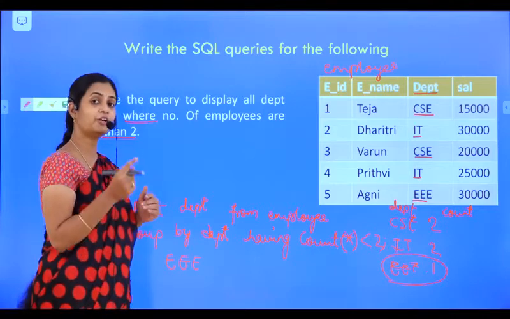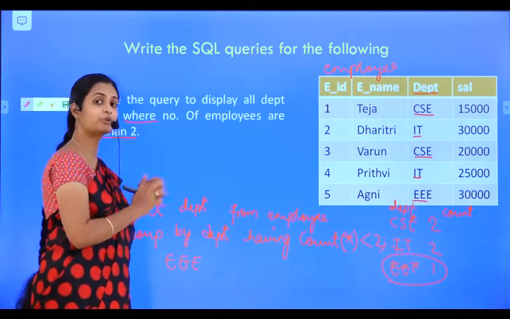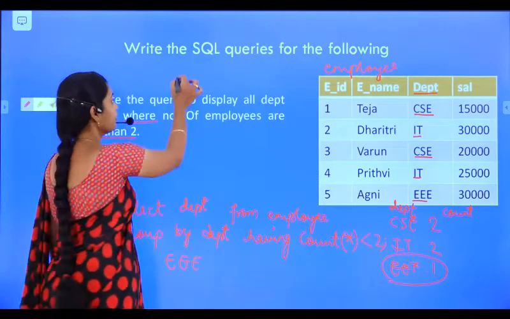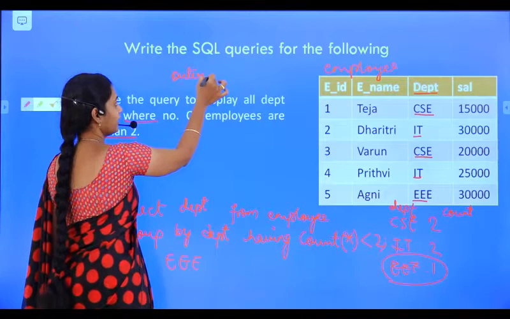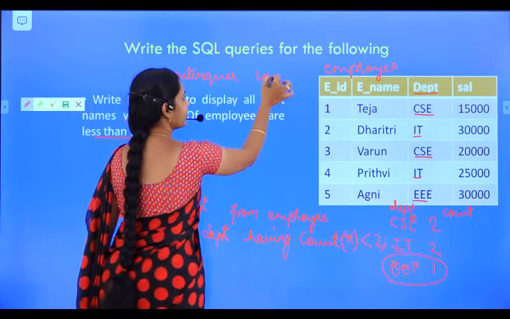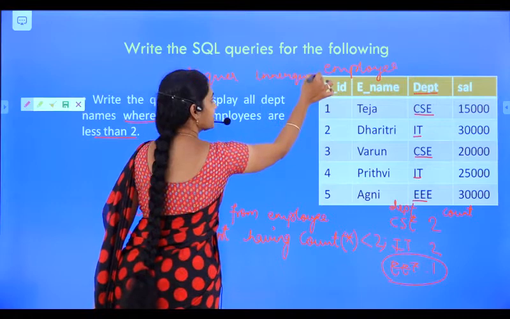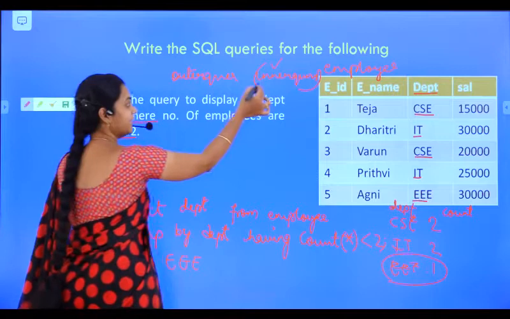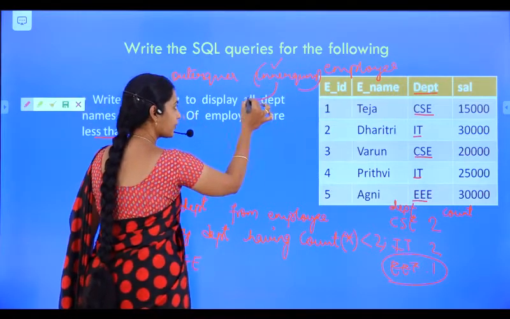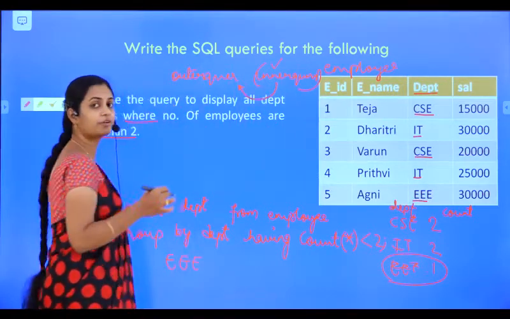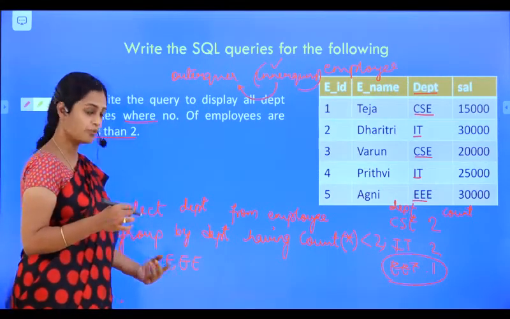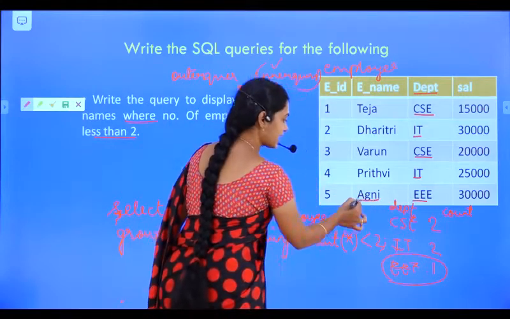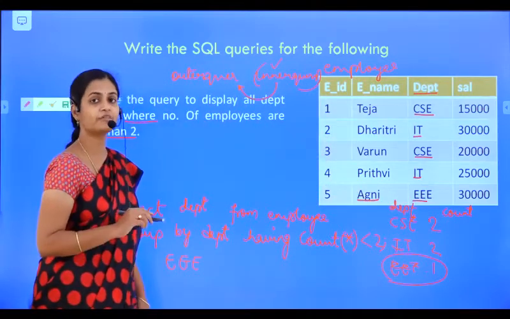Now you need to write one more query, which is the outer query. In any SQL statement, we have an outer query and an inner query. The inner query will be executed first in the SQL statement. Then the result of the inner query will be compared with the outer query. That is the thing we want. What is the output here? Triple. So from triple, you need to select the name of the employee.